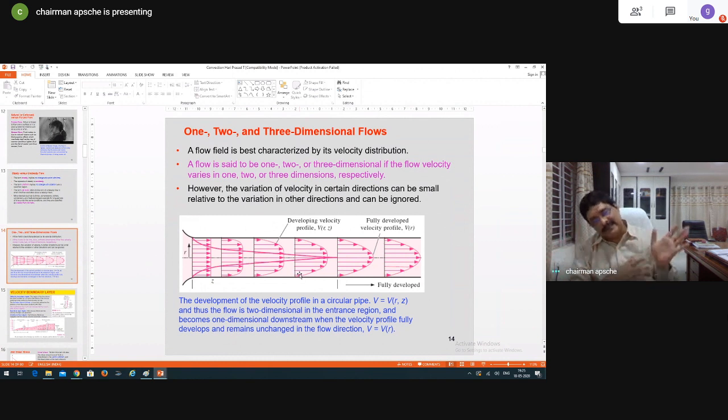And therefore, the developing fluid flow happens all through. Whereas, when length is considerably high, for small diameter tubes, the fully developed flow is quite possible. And at the fully developed flow, the velocity profile will be so: zero velocity at the surface, and as you move away from the surface towards the